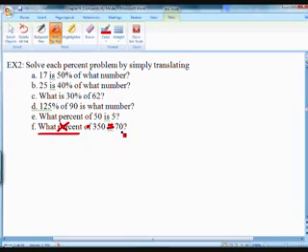You can do it right on top of the problem. If you want to do it in your book, as long as you erase it, I don't care. When you have what percent, put an X over it. When you have of, put a times over it. 350. You have is, put an equals over it. So the question is X times 350 equals 70. Careful. What are you moving over? You did it again. You're moving over 350, so instead of times 350, you're going to do divided by 350. Good. So in your calculator, 70 divided by 350,